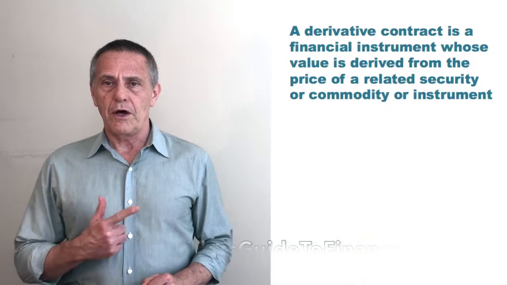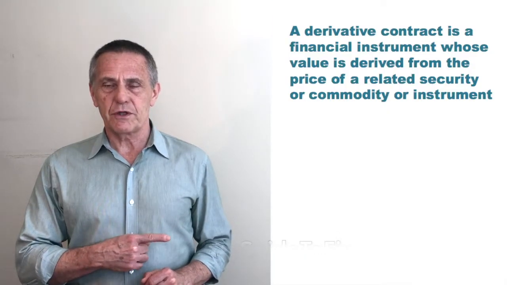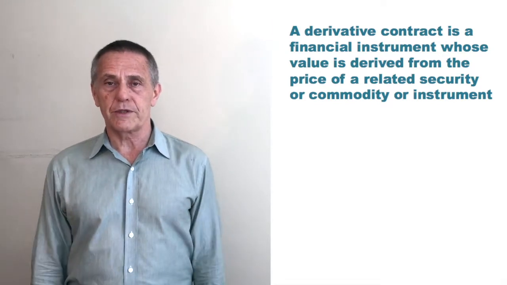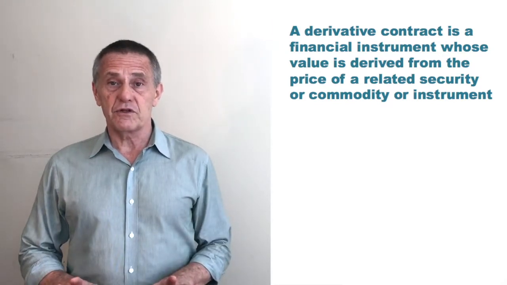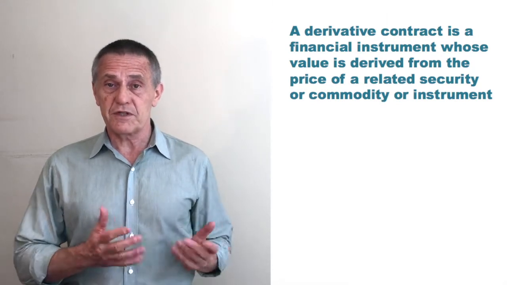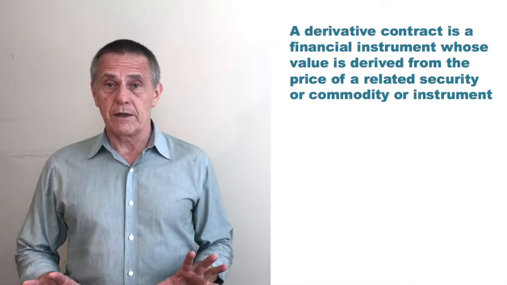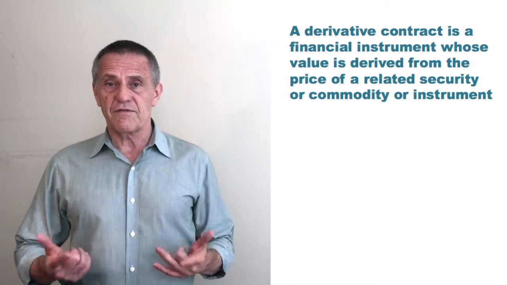Let me share with you what I think is some insight into the real characteristic, the substantive aspects of derivatives that make them distinct from securities. Let me start by more formally stating the definition of derivatives I'd mentioned earlier. A derivative contract is a financial instrument whose value is derived from the price of some related security or commodity or instrument. Now that's not a different definition, that's just a more formal statement of the very simplistic definition I started out with earlier. But it is really no more enlightening,